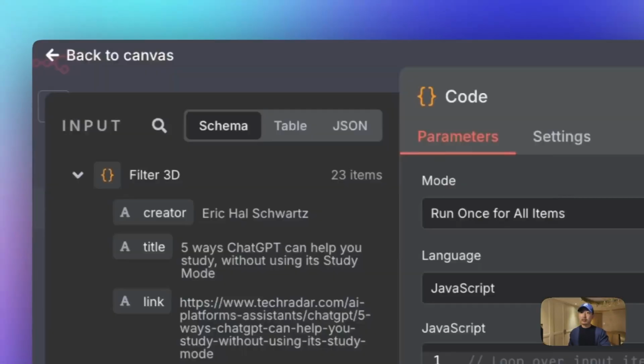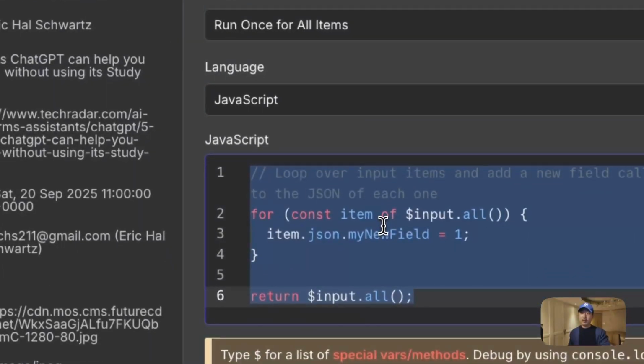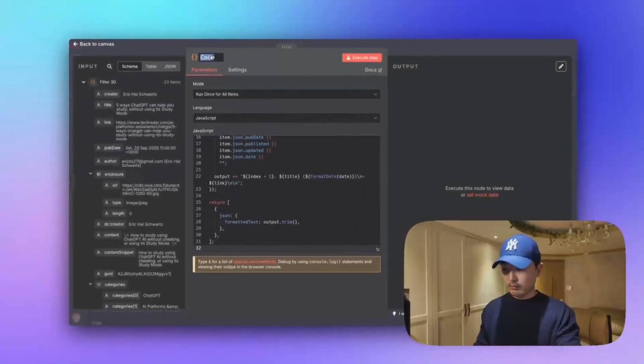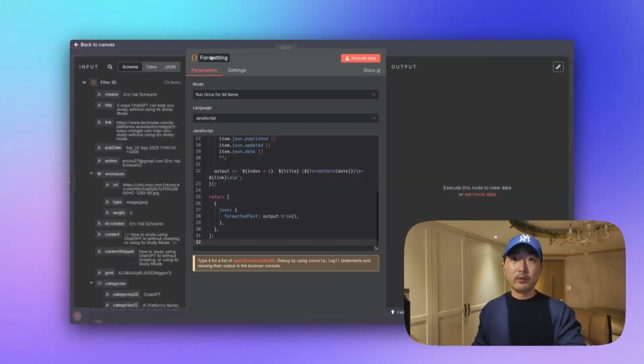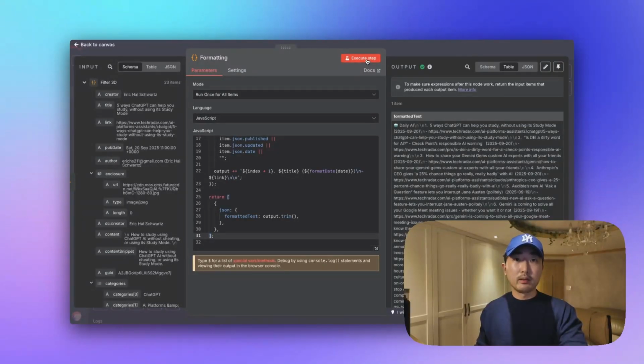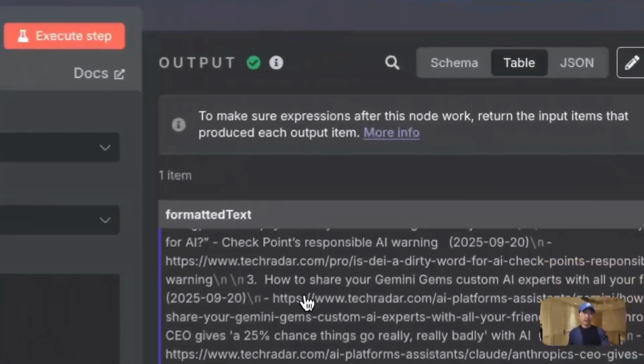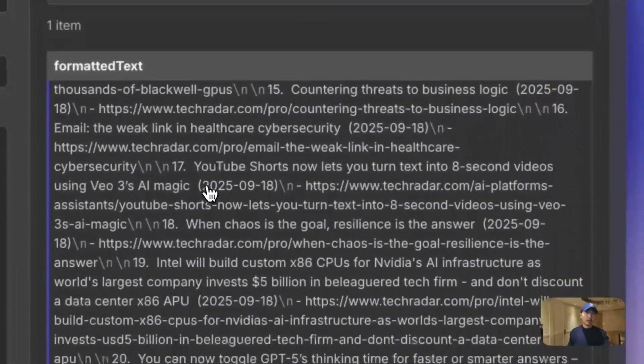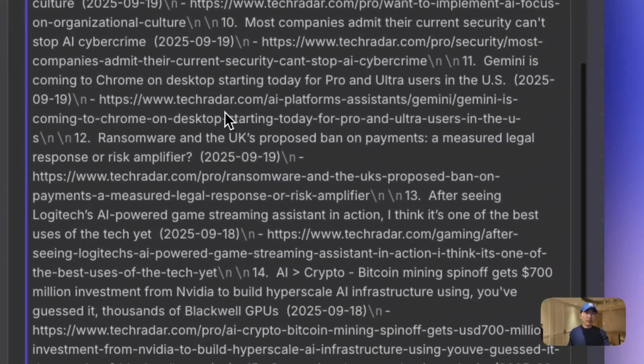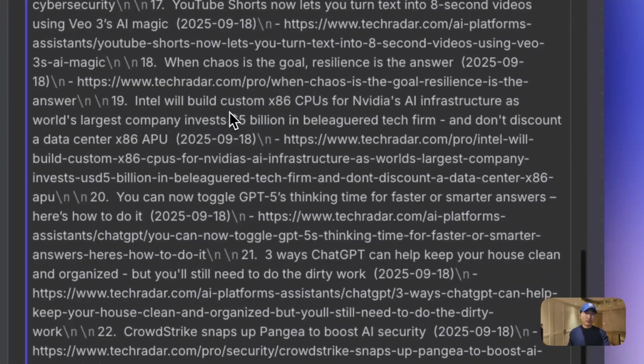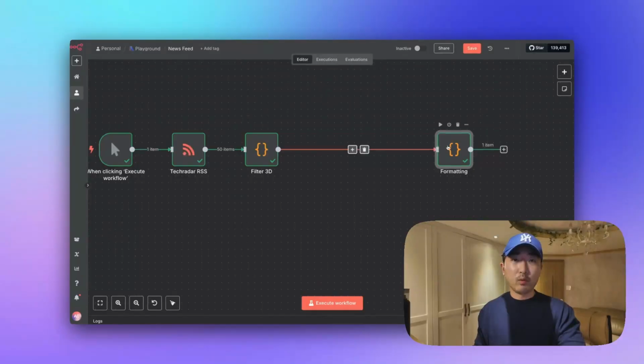So I copy this, and I paste this over into the formatting node. And let's execute this and see if it actually formats it. If I execute it, it's run successfully, and it's actually formatted this down. But you'll notice, wait a minute, there's quite a lot of stories here. There's 21 stories. What we should do is, before this formatting one, we should actually filter this down to 5